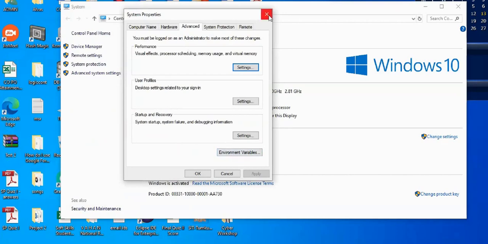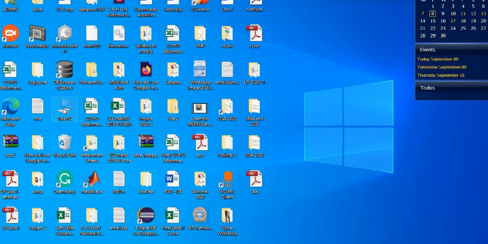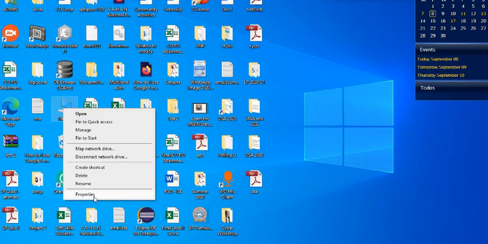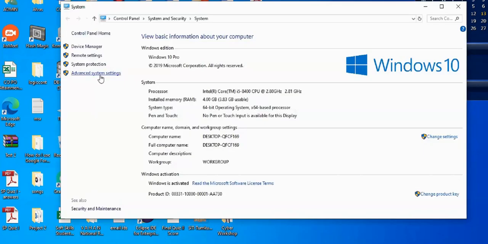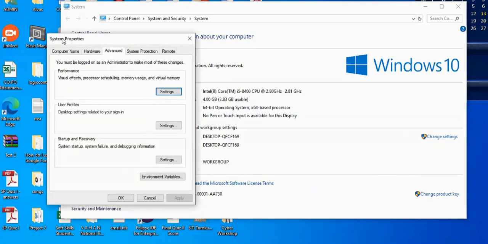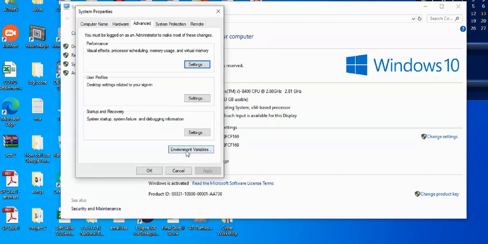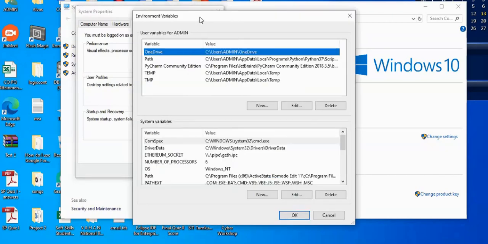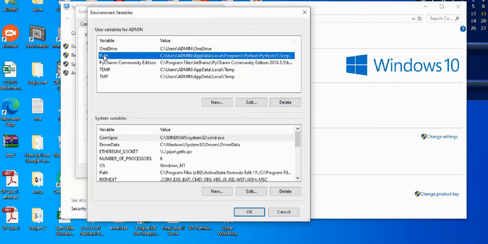So now I went to My Computer or This PC, and within that Properties, we have Advanced system settings. Just click this, and it will open System Properties. Once System Properties is open, we have Environment Variables. I mentioned it's an operating system variable; the operating system we call an environment. For that reason, environment variables. Just click this, and you see there's a Path variable here, and one